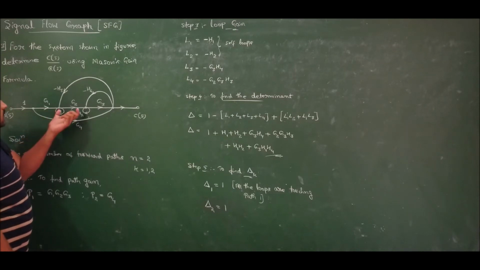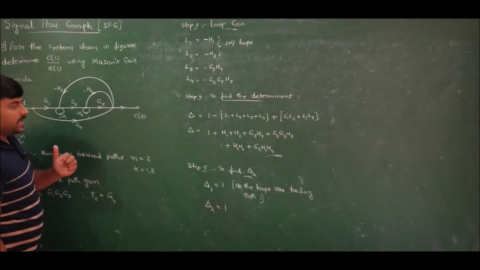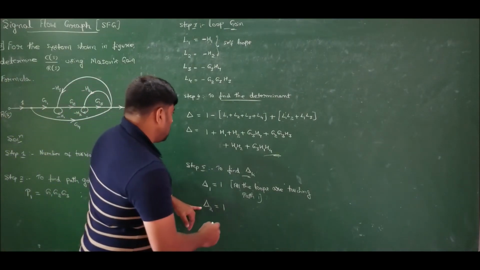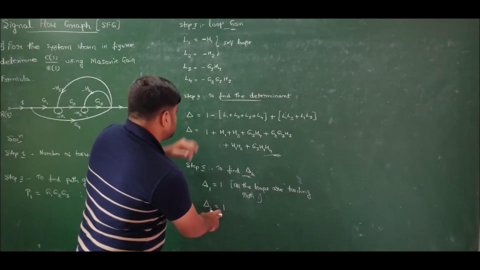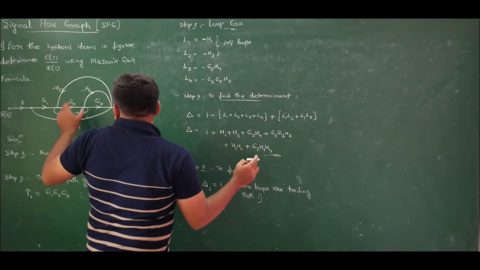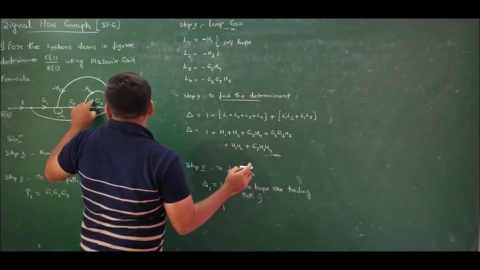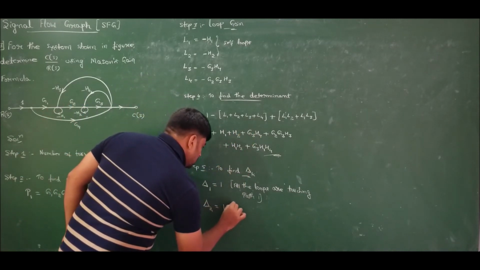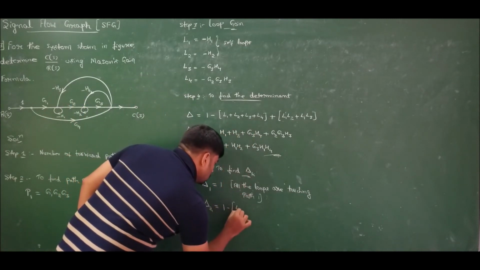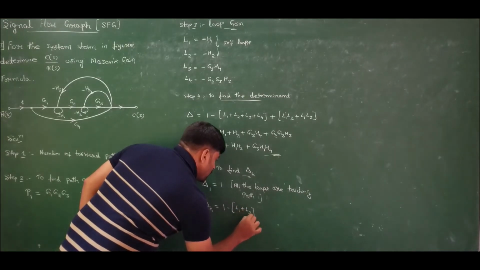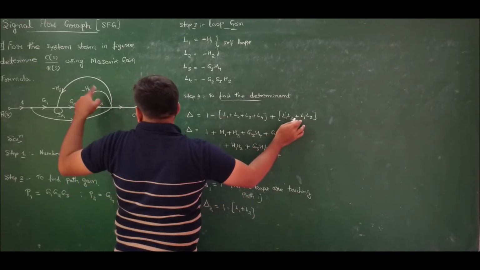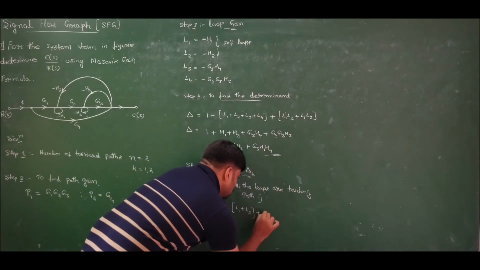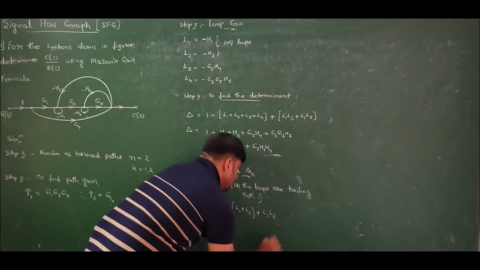Hence I should retain L1 and L2 and eliminate the loops which are touching path 2. So if I do that, I will get 1 minus, eliminating the loops which are touching path 2, that is L3 and L4 should be eliminated. So if I eliminate L3 and L4, I am left with 1 minus of L1 plus L2. Here I should eliminate L3 and L4. So if I eliminate L3, I am left with L1 L2 plus L1 L2,